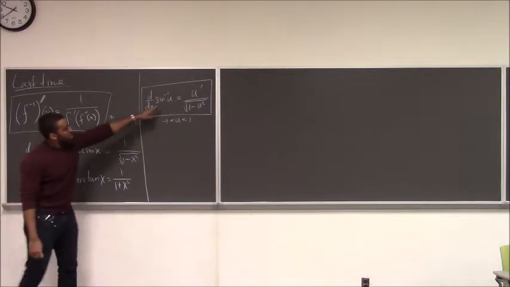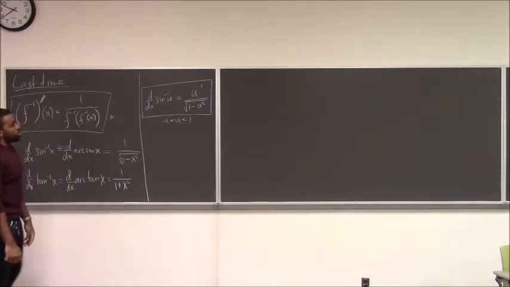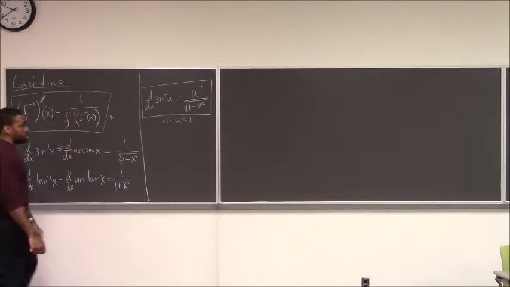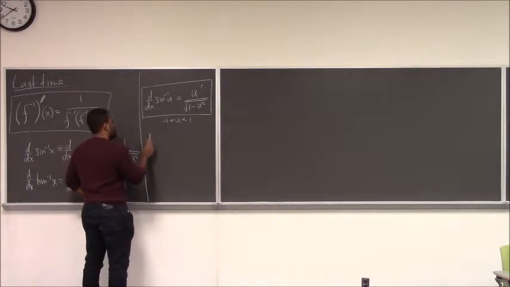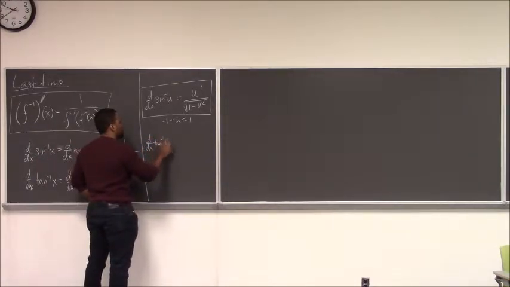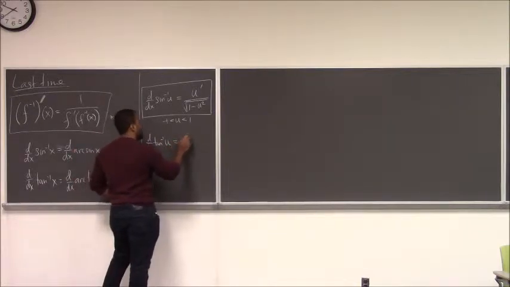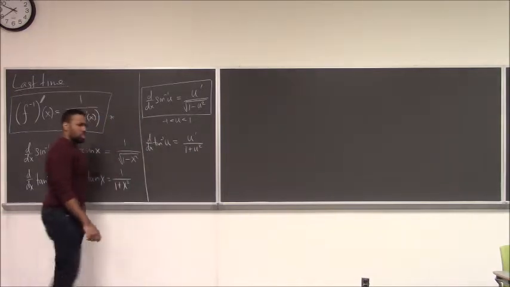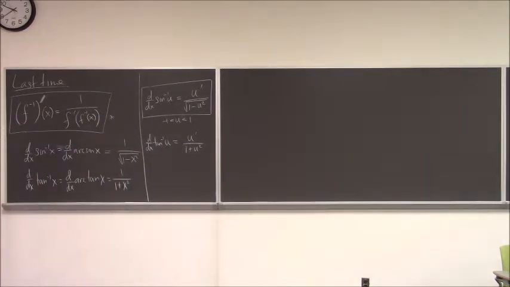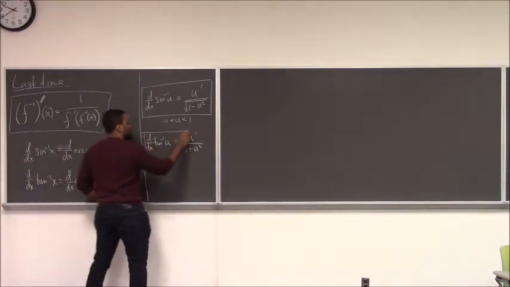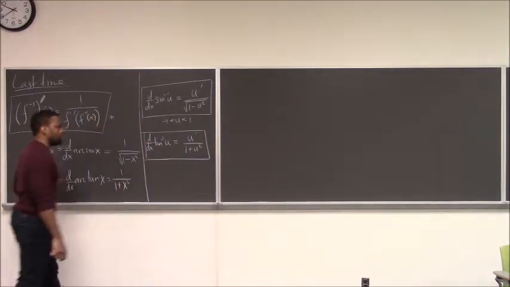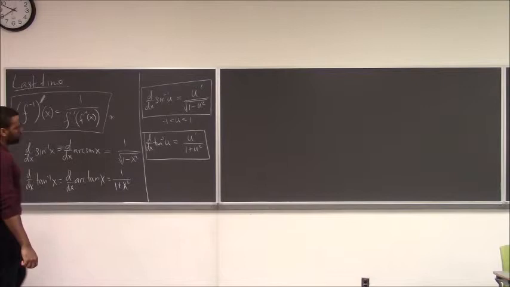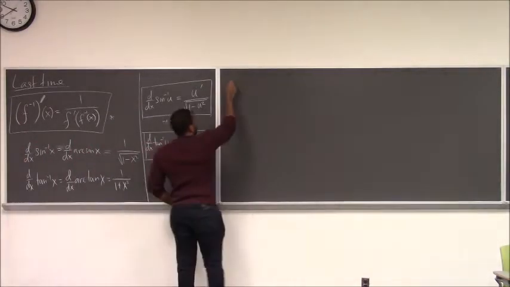So u can be any function of x here, and that's how we find the derivative of the sine inverse of that expression. Similarly, we can have the derivative of tan inverse of some general function. That would simply be u prime over 1 plus u squared. And there's no restriction on the u here. That'll work for all real inputs of u. And so those are the chain rule versions. Just an FYI,